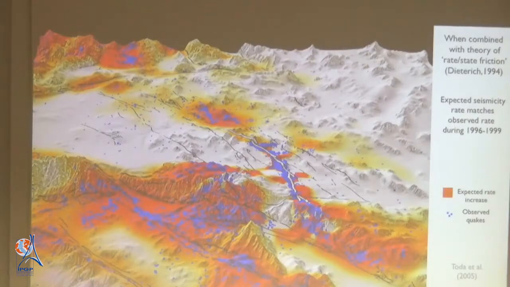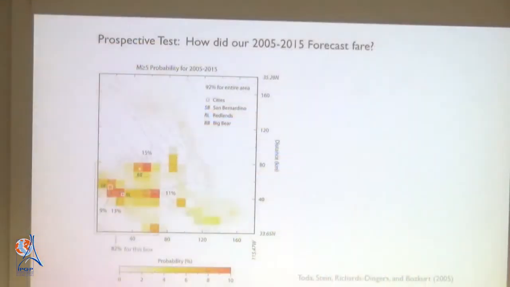And you can see that this is a forecast of where we should see more seismicity, those are the red zones, and where we should see less seismicity than before, the white zones. So we made a forecast in 2005 for the next 10 years in that area. Here's our forecast, published in 2005. And we said, for example, that in this area there's a 92% chance that we will see a magnitude 5. And in that box in the lower left-hand corner, about an 80% chance of a magnitude 5. So how did we do? We did get a 5, and we almost got 5s in that corner, but not quite.